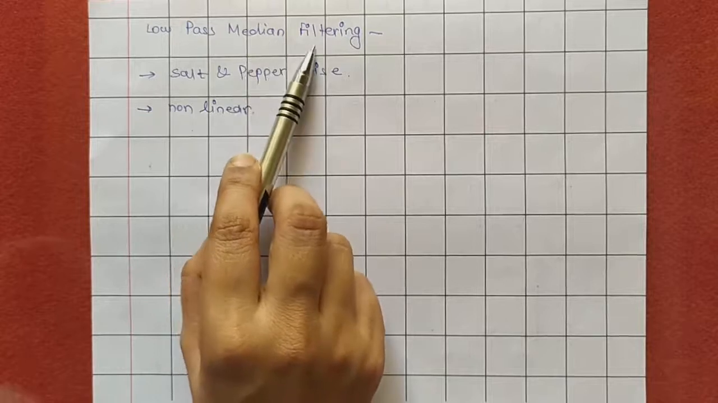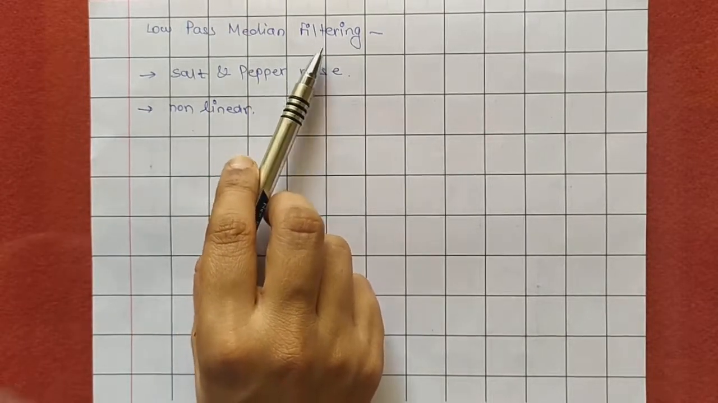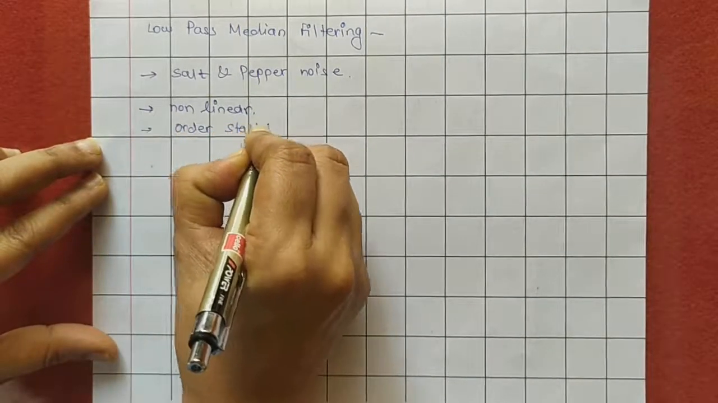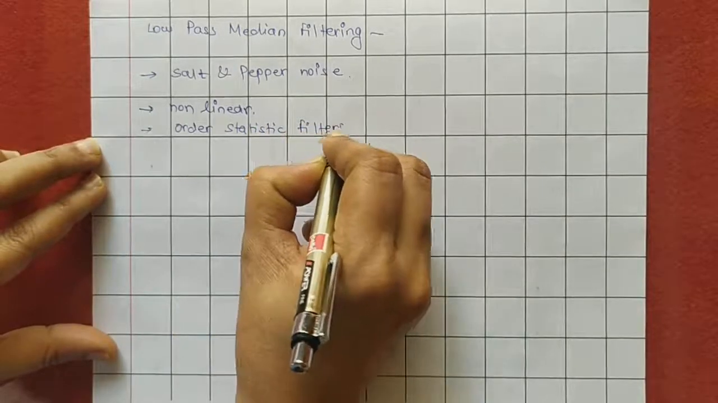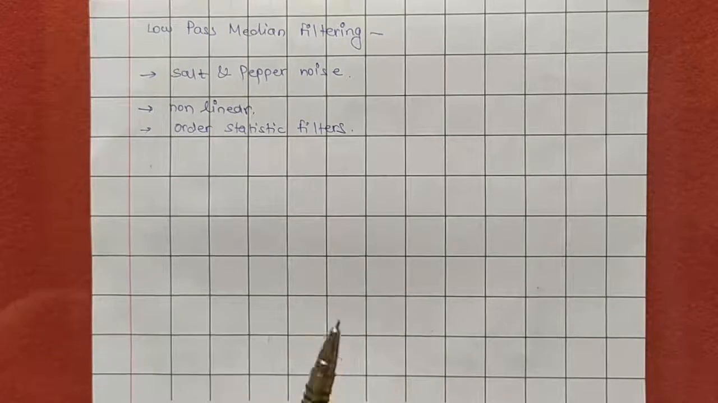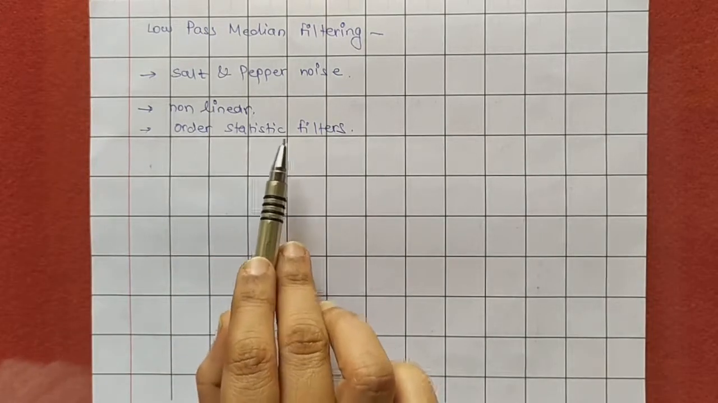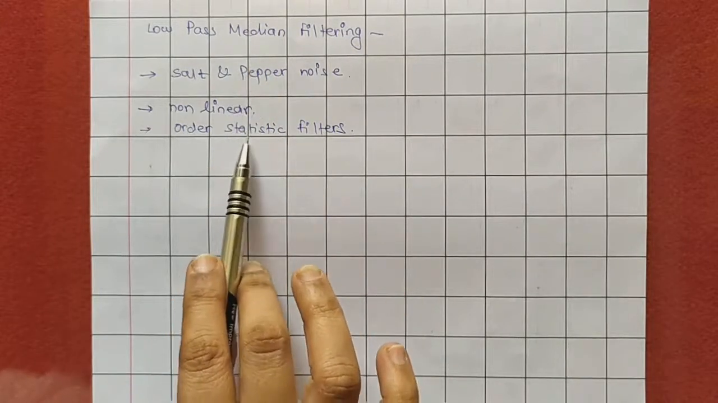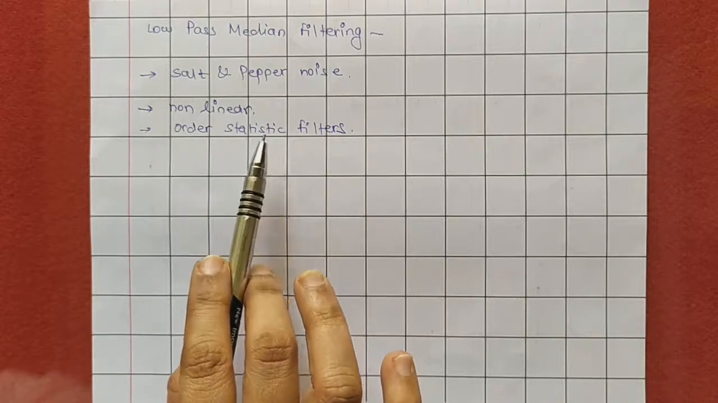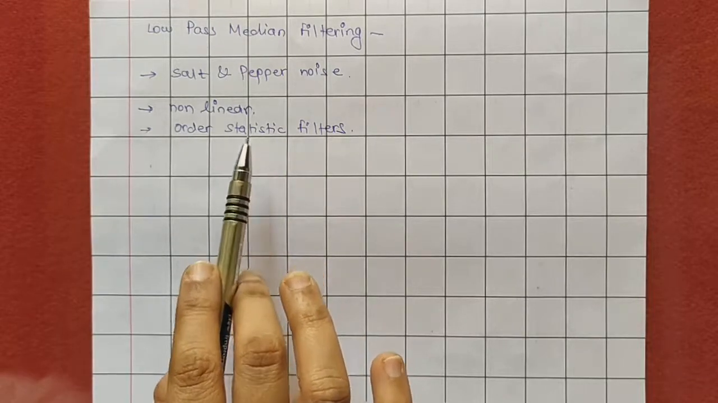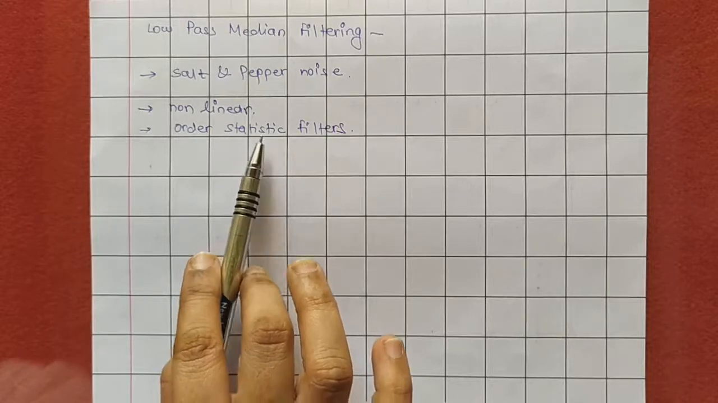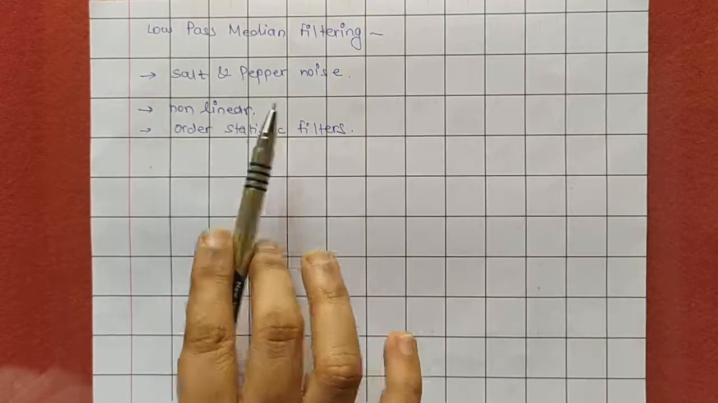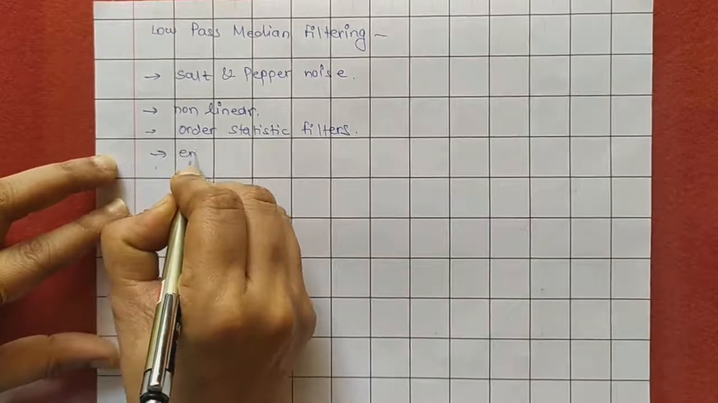Here this median filtering is also called an order statistic filter. Why is it called an order statistic filter? Because the response of this median filter is based on the ordering or ranking of the pixels contained within the mask. Here also we have to use the mask, but the mask used in this median filter is the empty mask,